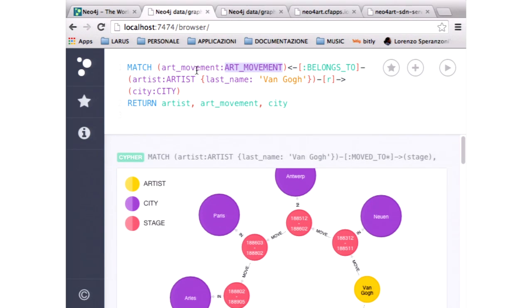I just have the art movement. The artist belongs to an art movement, and he was in a city, and that's about it, right? So like Lorenzo said, I can just take the patterns that I would usually draw on a whiteboard, put them in a text language as ASCII art, and then run the query.